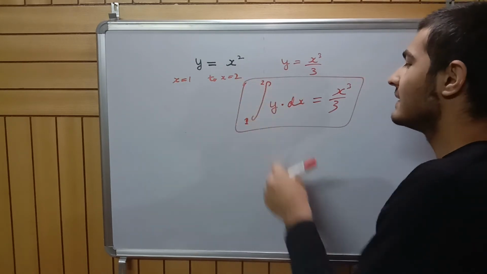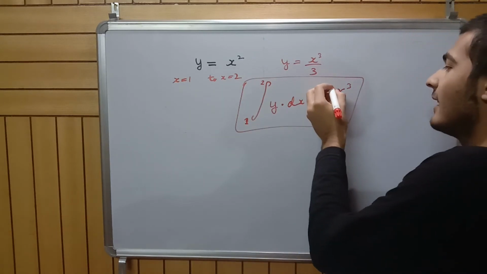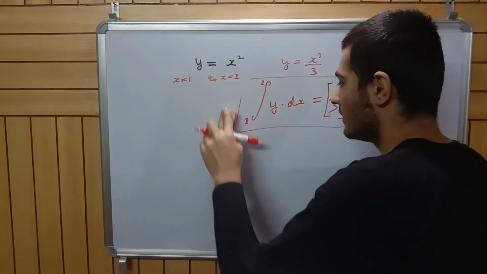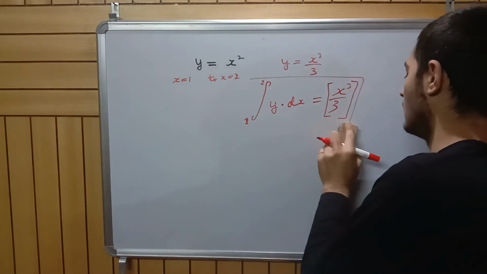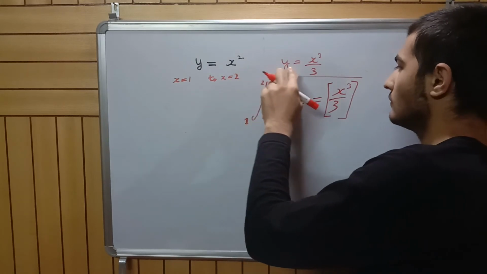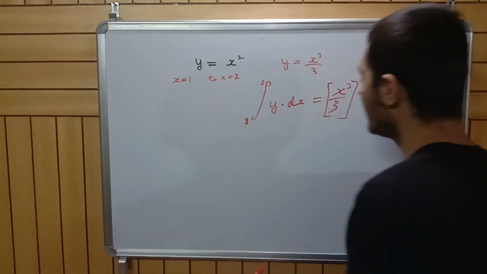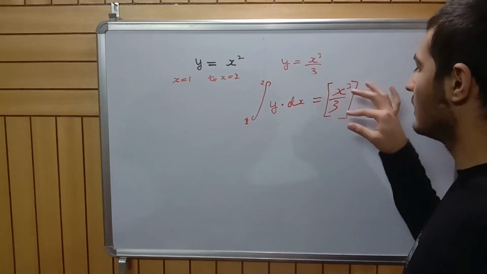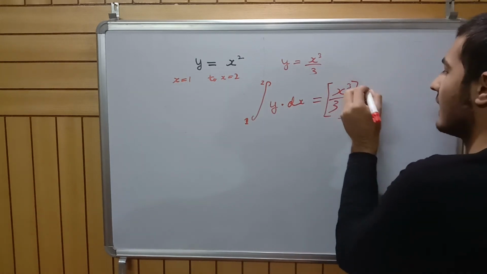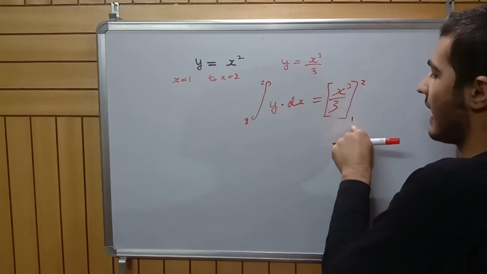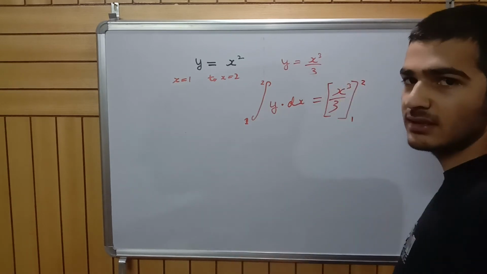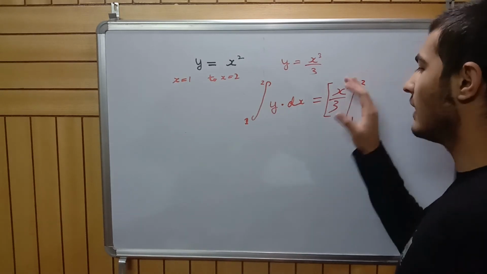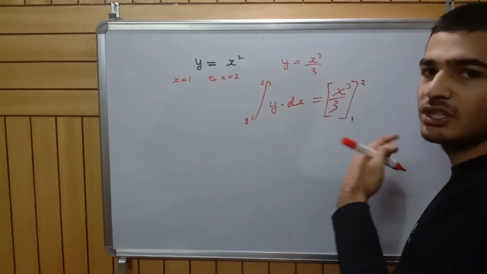Those are our two limits, and similarly we can write those two limits here also using square brackets. So let me just remove the edge that I've drawn. We put square brackets around our antiderivative expression, and then we can write our limits at these positions. The lower limit means the limit closer to the origin. So this is our lower limit, the upper limit, and that's how you write it. That is the notation you use.